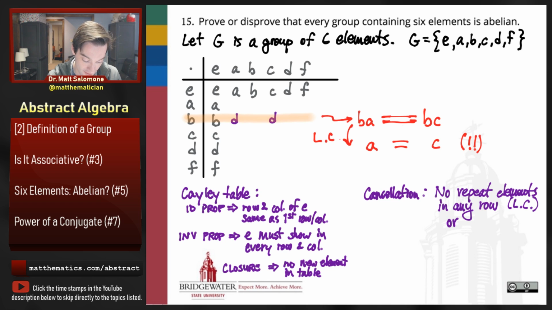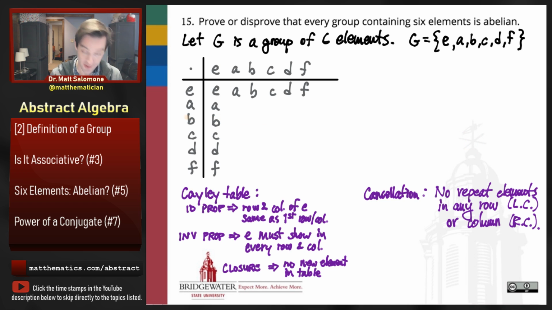But then the right cancellation property would imply that we also can't have any repeat elements in any column. Right? And so that actually constrains how we can write a Cayley table for a group in a way that's probably a more interesting constraint even than the other group properties that we talked about here. What this implies